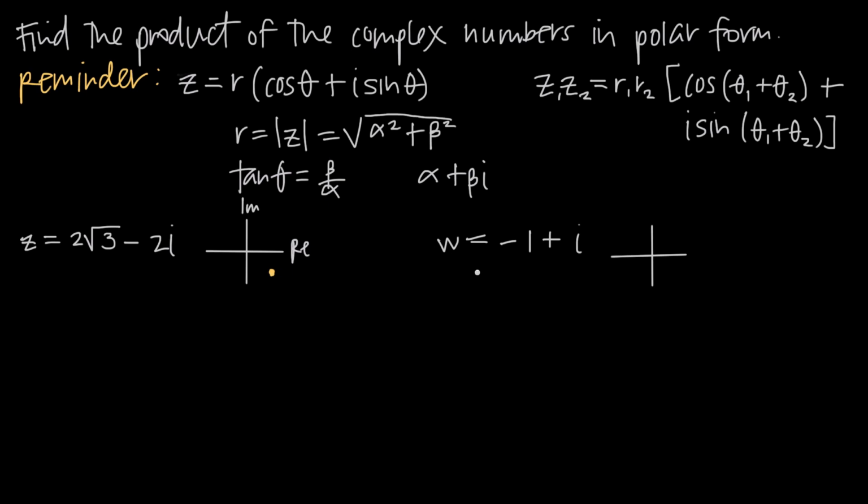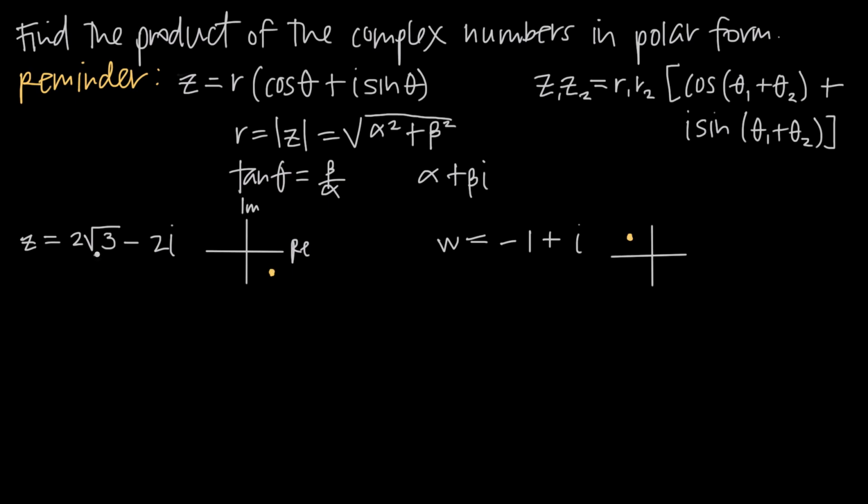What about this complex number? w is equal to negative 1 plus i. Well, the real part is negative 1. The imaginary part is the positive 1 coefficient in front of this i value that isn't written, it's implied. So we go in the negative direction along the real axis and then in the positive direction along the imaginary axis, and we end up right about here, the important thing being that we're in quadrant 2. So we'll save that information for later, but the next thing we need to do is find values of r